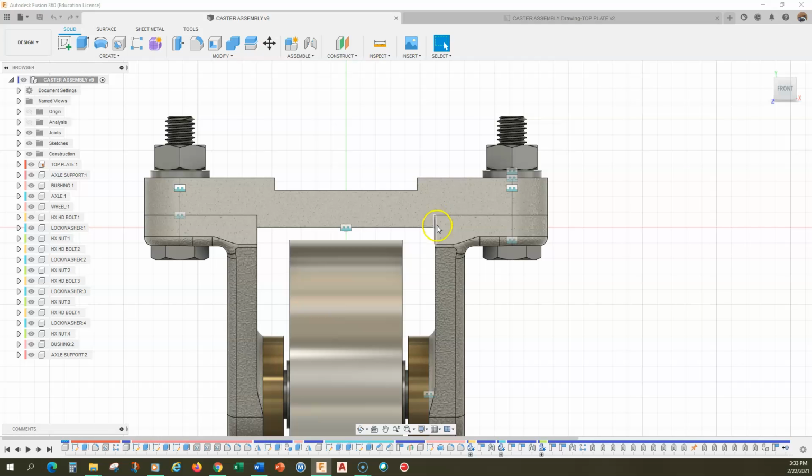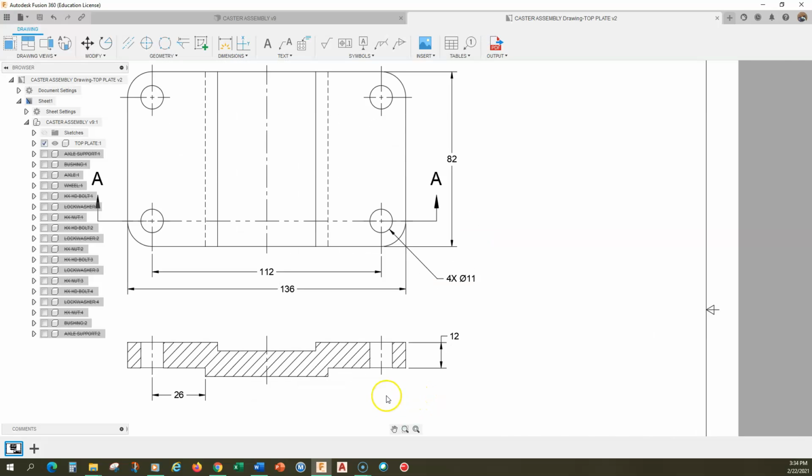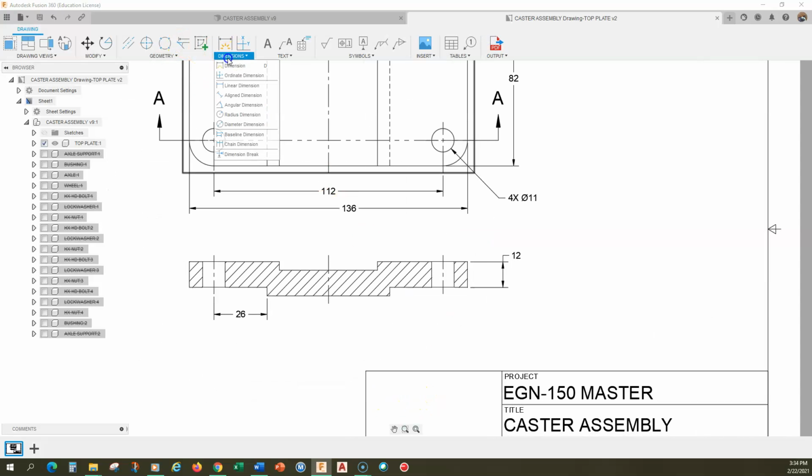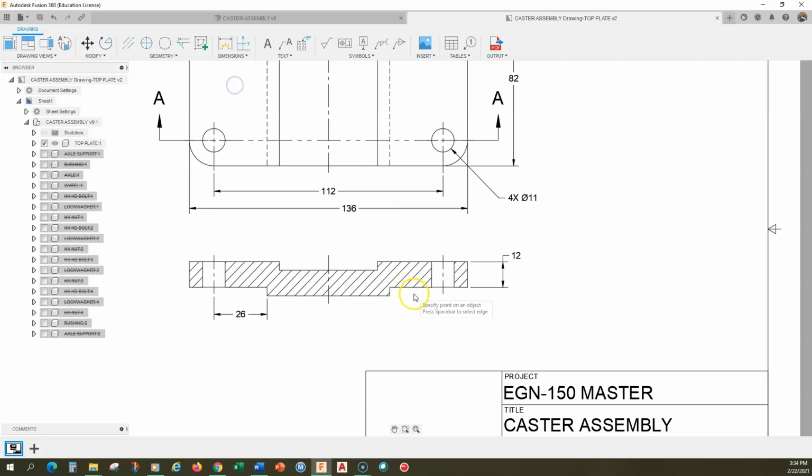But on the other hand, the depth here, where the axle support nestles right in there, is functional. So we do want to make sure that that depth is carried through, is dimensioned. So we want to understand, when we dimension, we want to clearly dimension things that matter. Okay, dimension things that matter. So here, what matters, as I just said, is